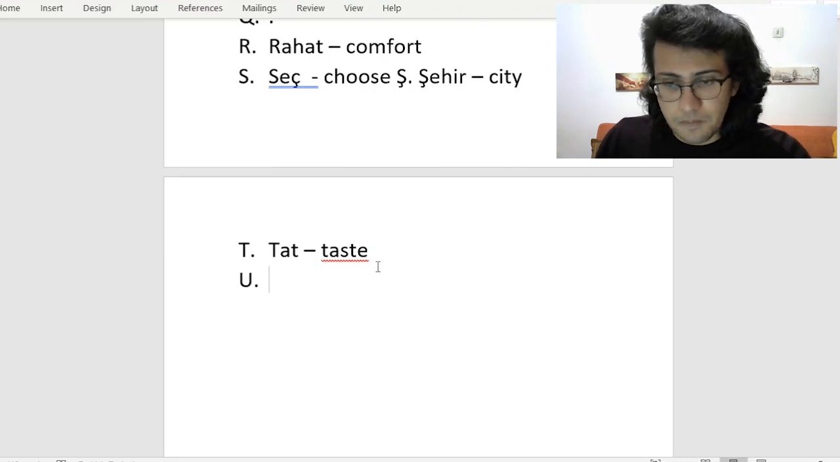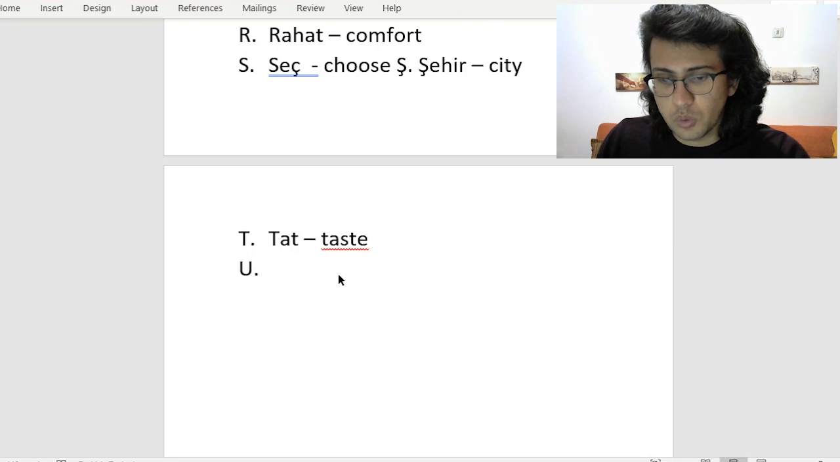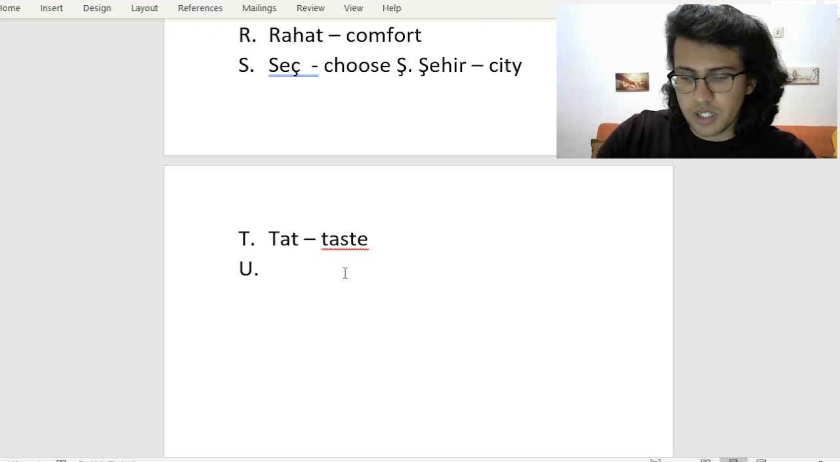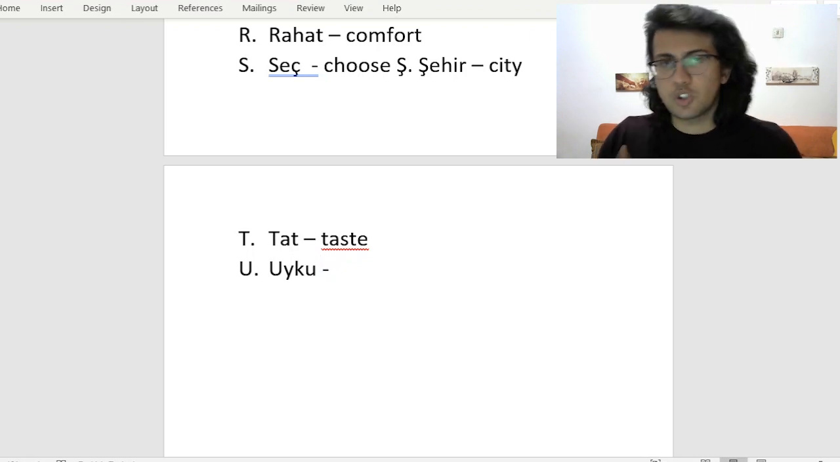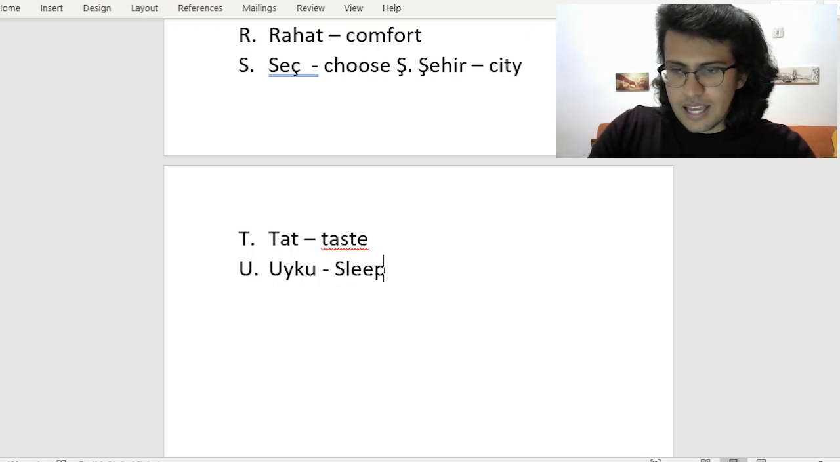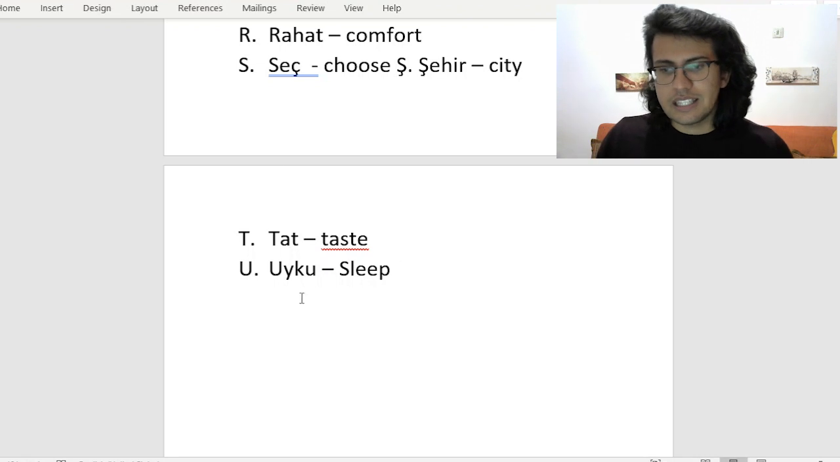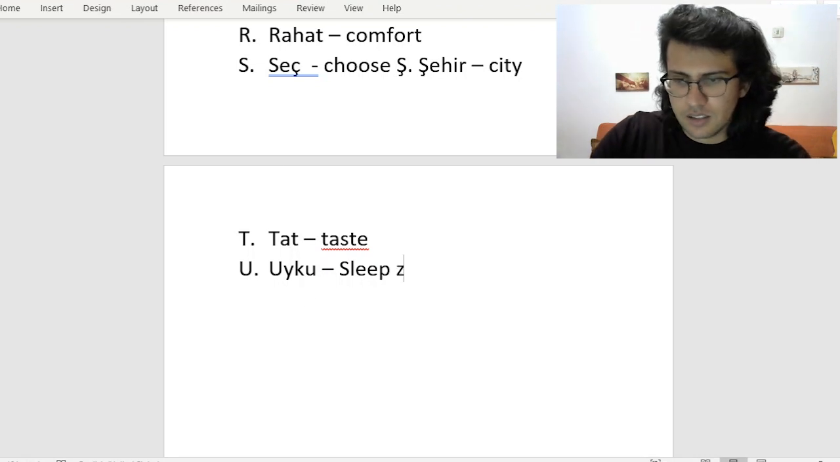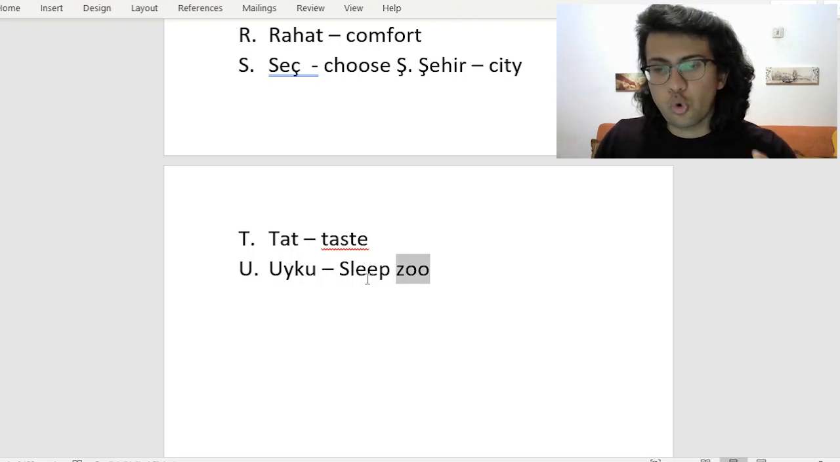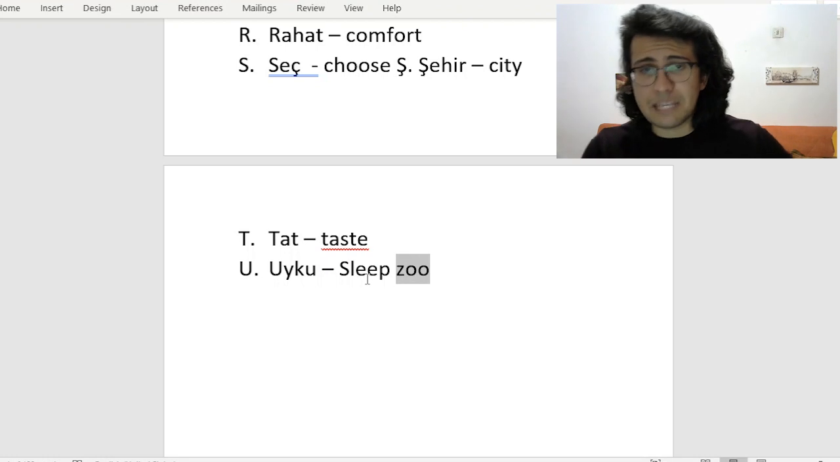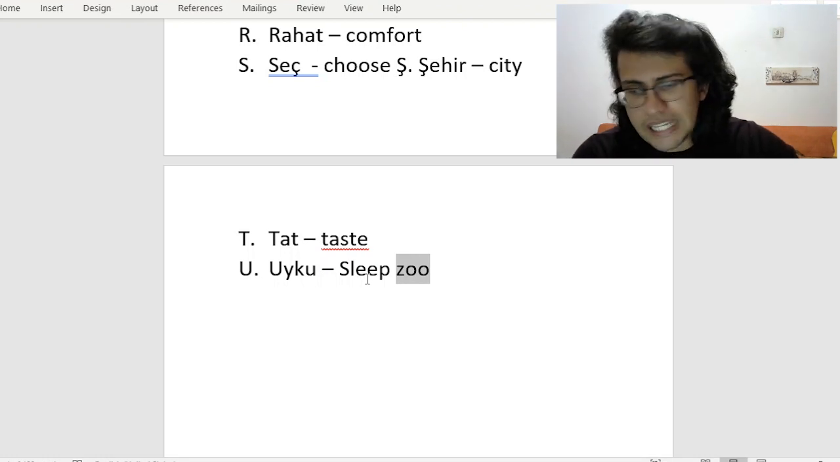After the letter T, we have the letter U, and our word is uyku, which means sleep. Not to sleep, not the verb. Once again, just the noun. And this U is basically like this double O here. U. So, uyku. Another thing to keep in mind is that the Y here is unlike in English, for